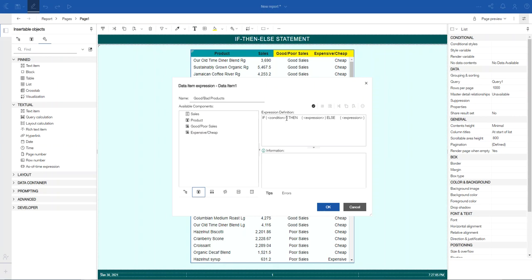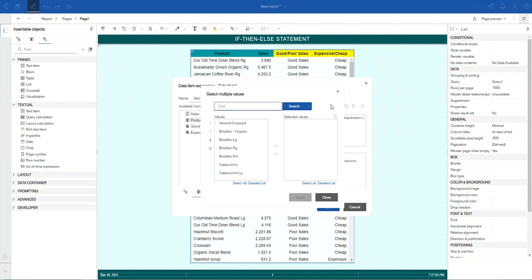expensive/cheap. So here we're going to say if product, and again, we're going to use the in. So in, select multiple values.